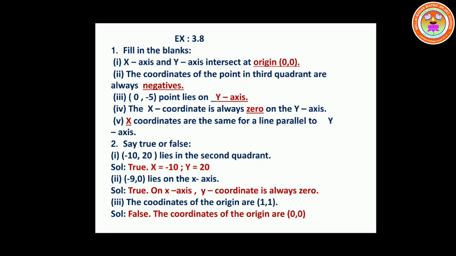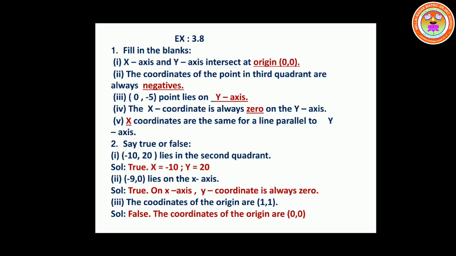Next, the coordinates of the point in third quadrant are. So just now we found what the quadrants are. There are 4 quadrants and they asked the coordinates of the point in the third quadrant. So first you'll have both x and y values as positive. Second, x value will be negative, y will be positive. Third, what happens? Both x and y values become negative. So what is the answer? The third quadrant consists of negative coordinates of the point.